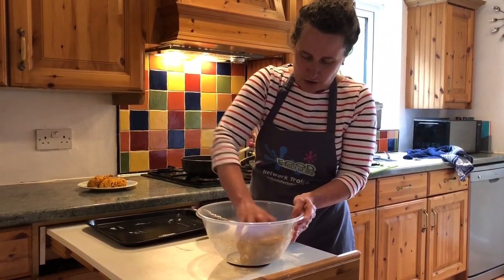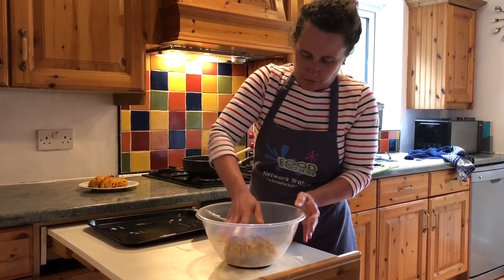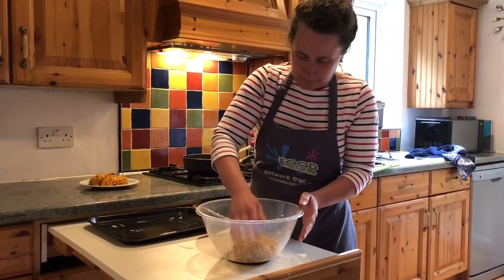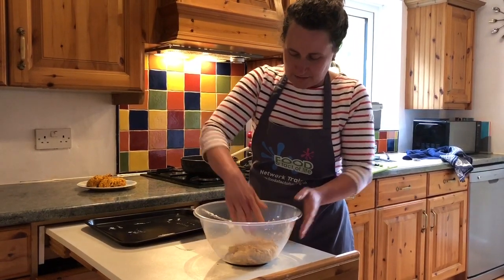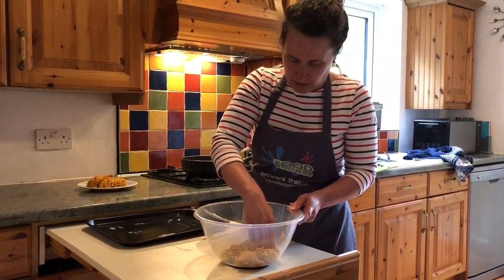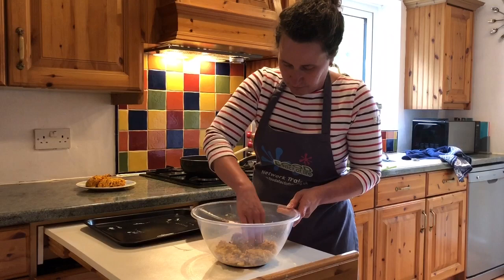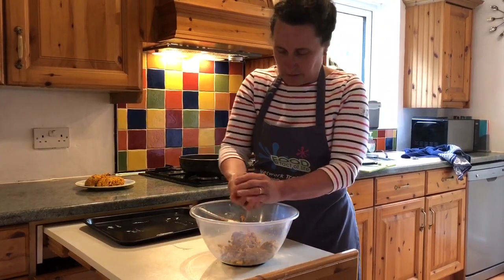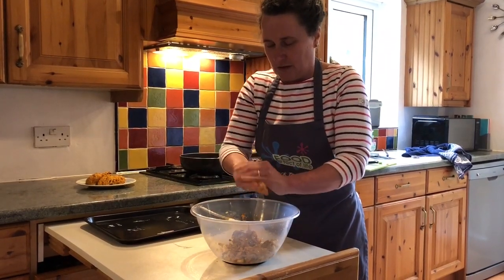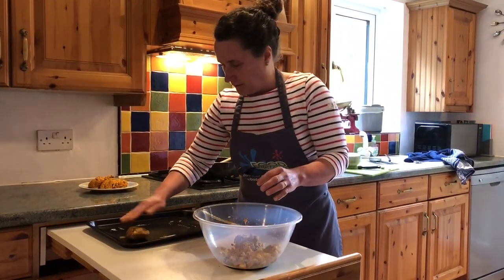Now this mixture will make 4 nice sized burgers. So in order to make them even, what we want to do is try and divide it in the bowl. So I'm going to divide the mixture in half, and then I'm going to divide it in half again. So I get 4 nice even pieces of mixture. And then I'm going to roll it in my hands to make a nice burger shape. So there's 1,